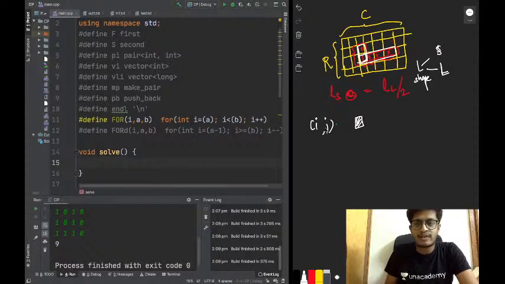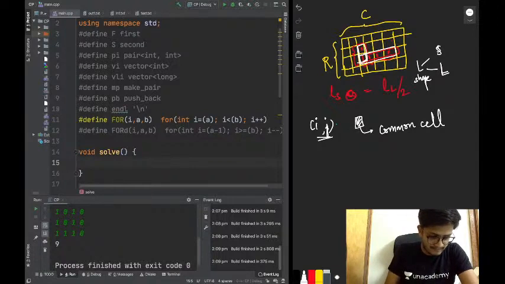If this cell is the common cell, how many L shapes are created due to it? This is what we are going to calculate. This was our target.